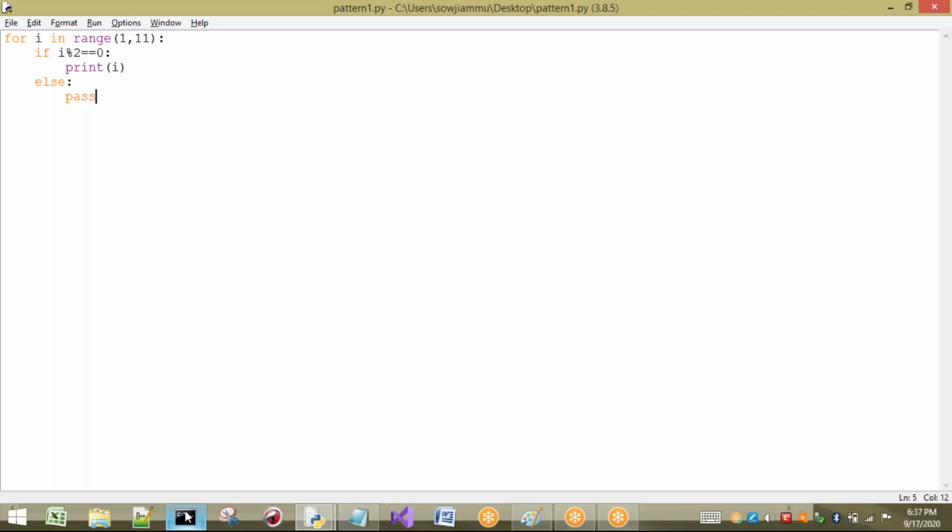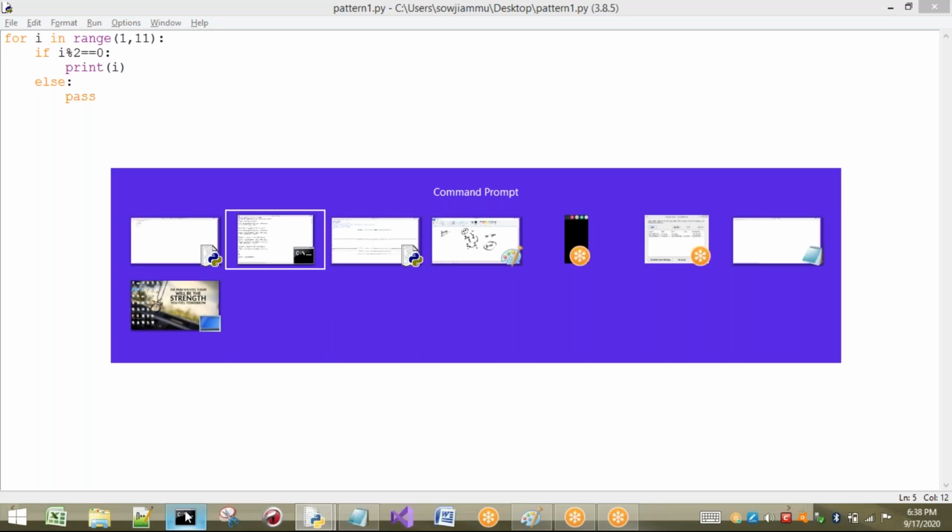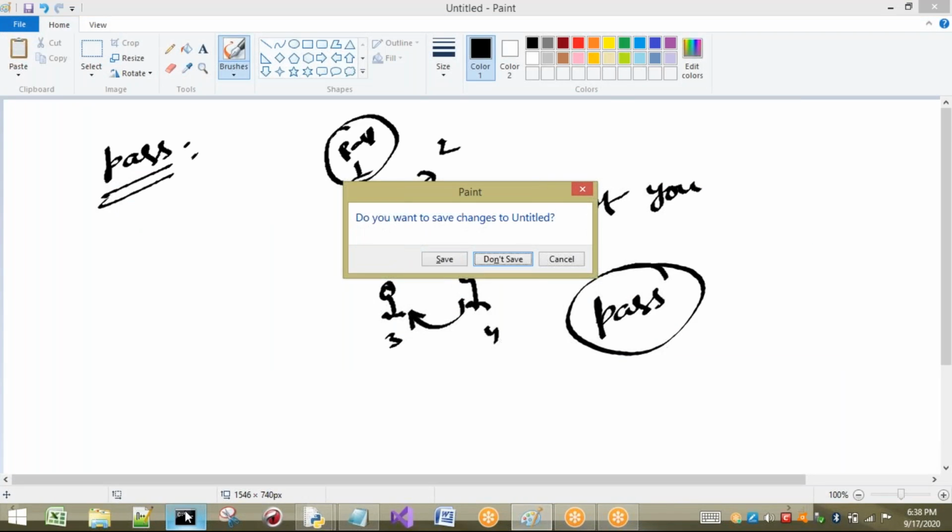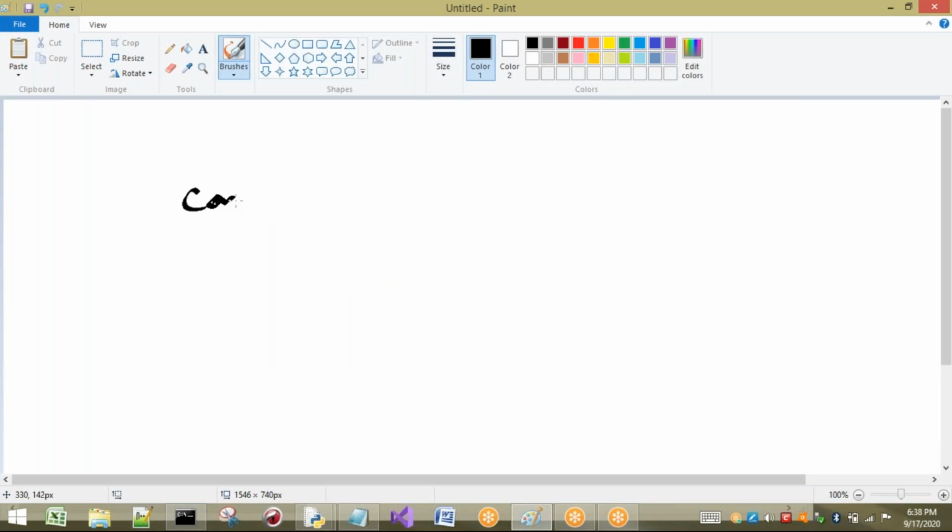When do we have to use the pass statement? If you want to tell the interpreter that your particular block is not having any code, then you can use pass. You may have a doubt: sir, if you write a comment, it also does nothing. Let us differentiate between comment and pass.